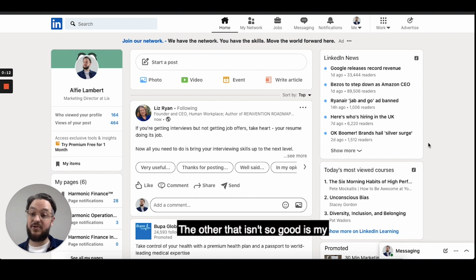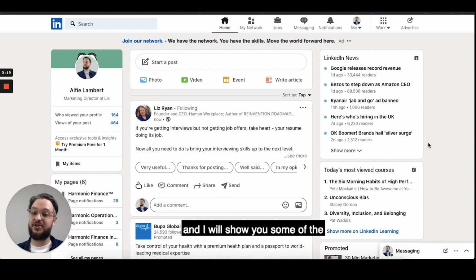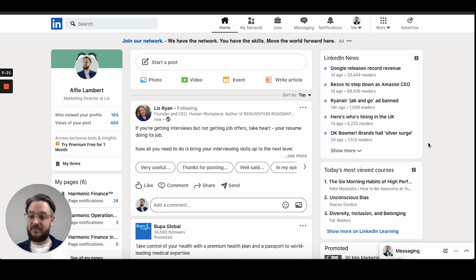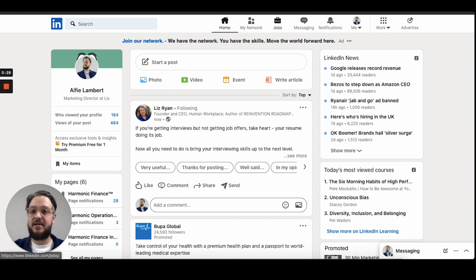The other that isn't so good is my company page for Licks because I need to spend a bit more time on it. I'm going to jump right in with Licks and show you some of the things that I'm missing. Now we're going to look at Teleperformance and show you why they are so good and why they are the example that you should be following for your company page. So with Licks,